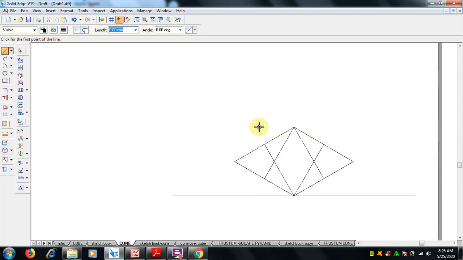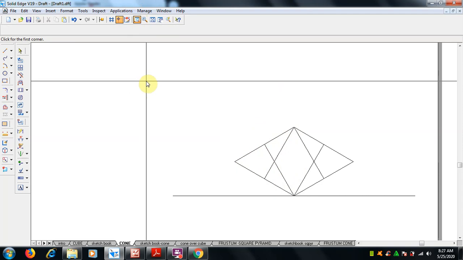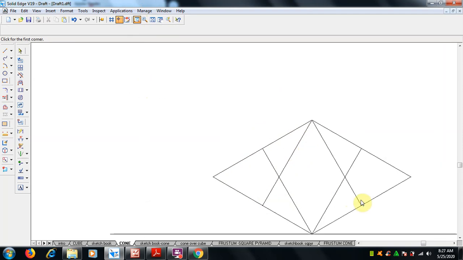After this, now we are going to construct the arc, arc by center point. Select arc by center point. Now where are the intersection points? Here is the intersection point. So take your compass here, and take this as the radius second point, and here. Okay, I'll go a little bit, select arc by center point. The intersection point is the center point, and this is the radius up to this.